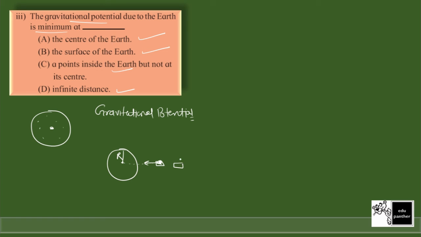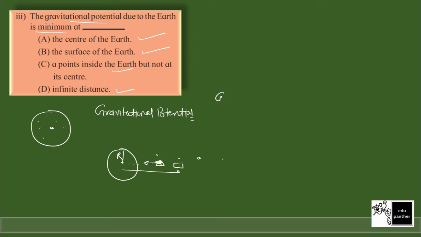So definitely as the object moves away from the earth, the potential of that earth will decrease. मतलब क्या होगा? जिस पॉइंट की बात कर रहा हूँ, जिस पॉइंट पे पोटेंशियल निकालना है, अगर उसका डिस्टेंस बढ़ता जाएगा अर्थ के सरफेस से, तो डेफिनेटली क्या होगा? उसका जो पोटेंशियल होगा वो डिक्रीज होता जाएगा. पोटेंशियल उसकी जो वर्क करने की एबिलिटी है वो डिक्रीज होते जाएगी.